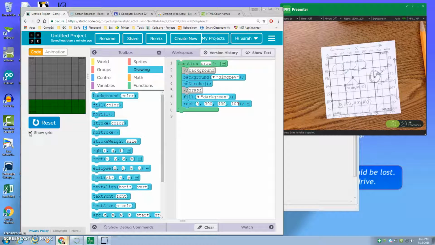background. If I show the grid, then I can see where those grid lines are at. Remember when you're moving your mouse around to plan, if you look at the very bottom under this reset button, when my mouse is in here, the X and Y show up down there. It tells me right where I am. It's not magic. I would never be able to figure that out on my own. So if I was going to start this tree at about 300, 200, I would grab that